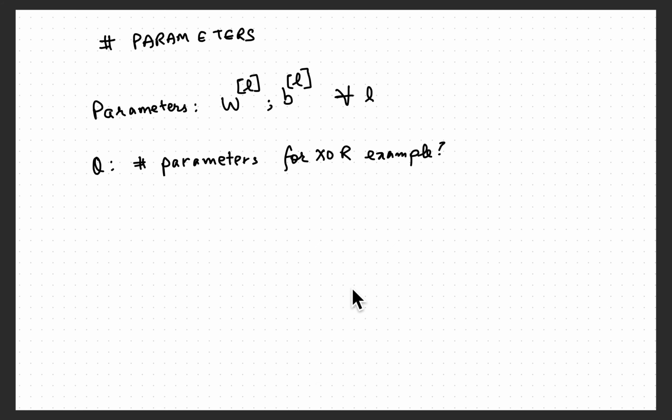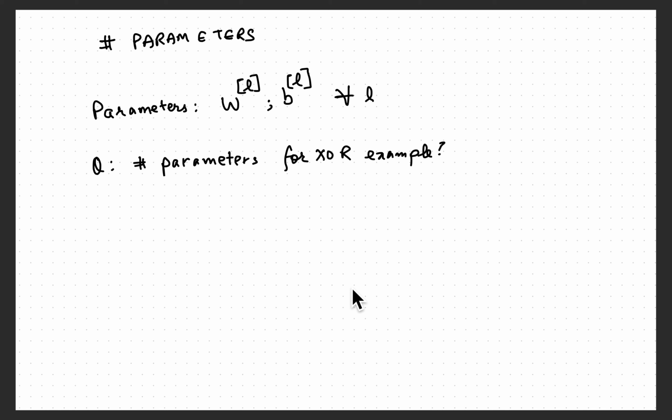Before we discuss backpropagation and how to learn these parameters, we'll just do one final small thing. And this is to just understand the number of parameters in our models. This is a very useful thing to know, specifically when you're trying to understand what the size of your model is, whether your model is going to be over parameterized or under parameterized, or to get a better sense of the memory footprint and the computation footprint. So we have the parameters of a model as capital W square bracket L and small b square bracket L for each of the layers, right? So these are the parameters that we fine-tune and we then apply our matrix operations on them